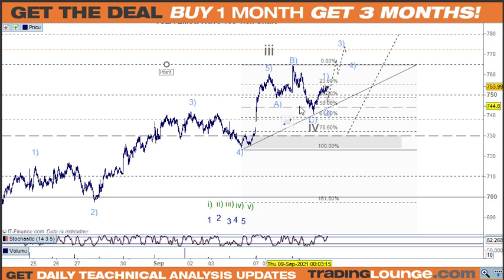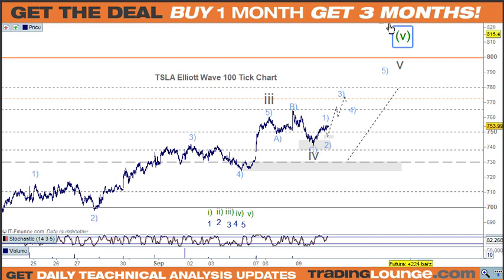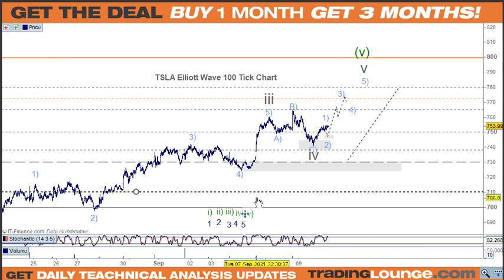But that's okay. At least, as it happens, we can see and we can build a case for things. So just being very conservative, and I could be quite easily wrong here, we're looking for this top here. If we just consider this an ABC for wave 4, then we're looking for 1, 2, 3, 4, 5 up here. That will take us up into group 2.